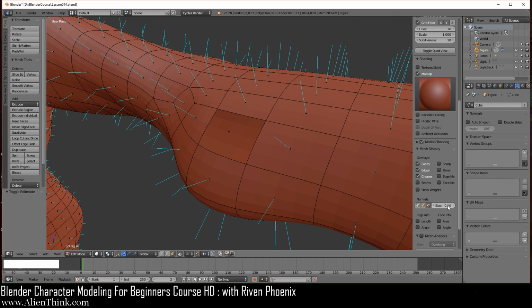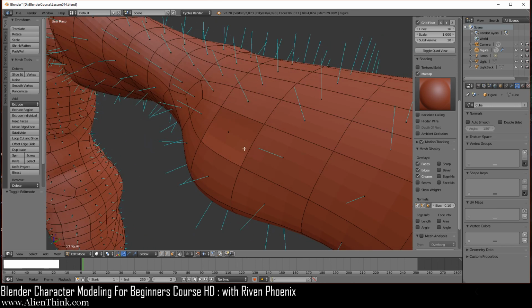You can obviously change the size of this. This doesn't really do anything. It's really just a visualization tool over here. You can change the size if you want to just see this more, whatever. So I'm just going to do 0.10 over here, the way it was, okay? So anyways, I just want to explain to you that this is what this is, okay? So now if you click on this and do W and flip normals, it'll just come back.